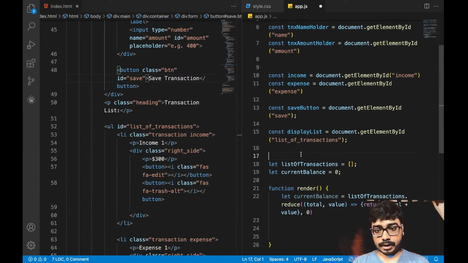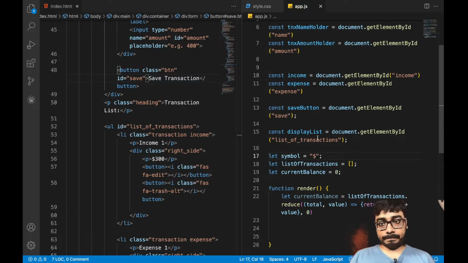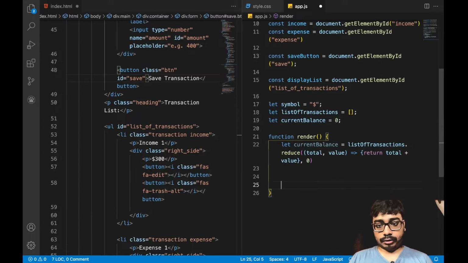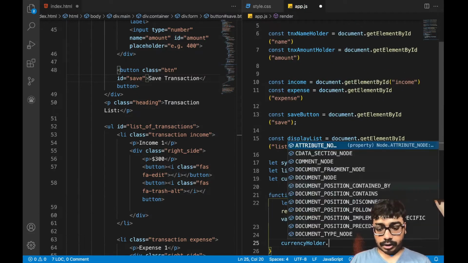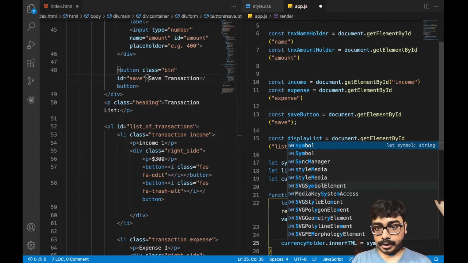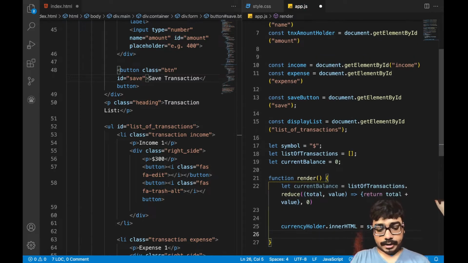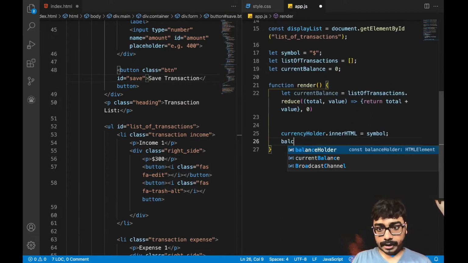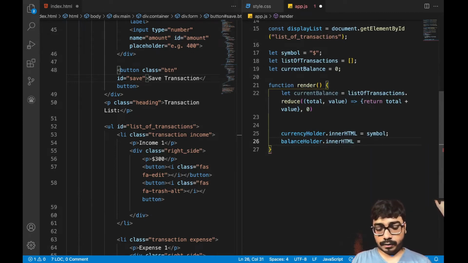And we need another variable, symbol. Let's just say symbol. For now it will be dollar. Later we will ask the user to enter the symbol. And then currency holder.innerHTML will be symbol, then balance holder.innerHTML will be current balance,